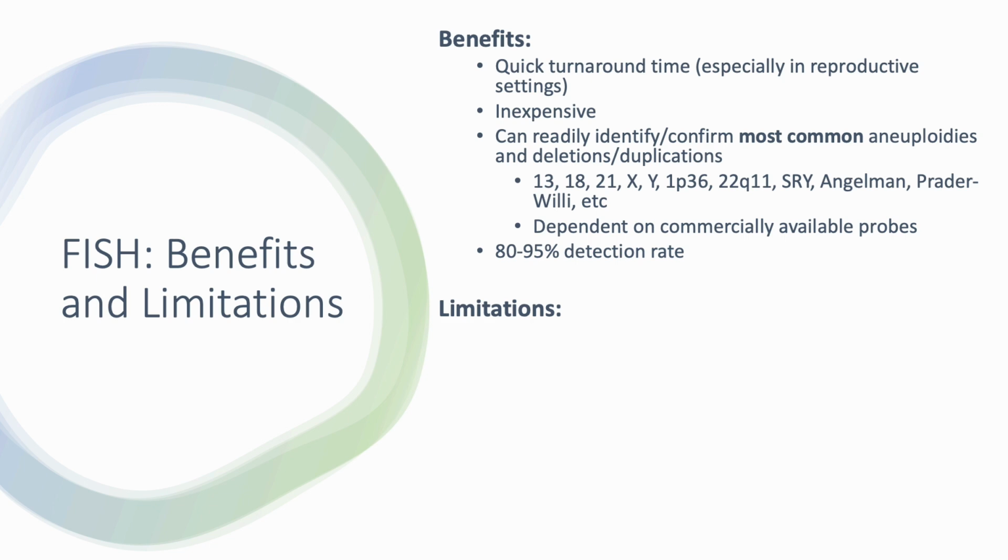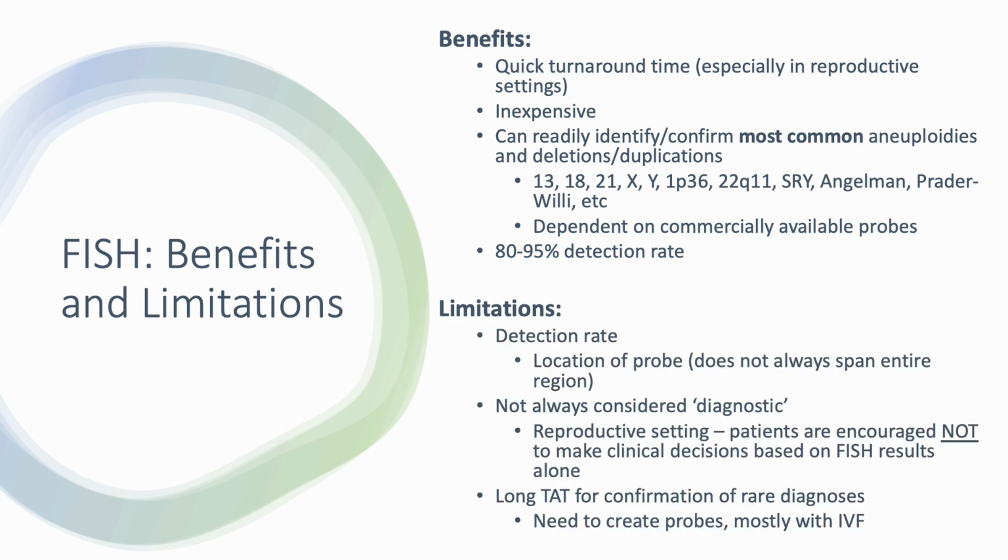However, there are some limitations to consider. The accuracy of FISH relies on the availability of specific probes, which can restrict testing if the necessary probes are not commercially available. Additionally, since probes do not always span the entire chromosomal region of interest, some abnormalities may go undetected. In reproductive settings, FISH results are not always considered diagnostic, so further testing may be recommended before clinical decisions are made. While FISH offers quick results for common conditions, confirming rare diagnoses can take longer, which may frustrate patients waiting for answers. In some cases, such as with IVF, custom probes may be required, further complicating and extending the